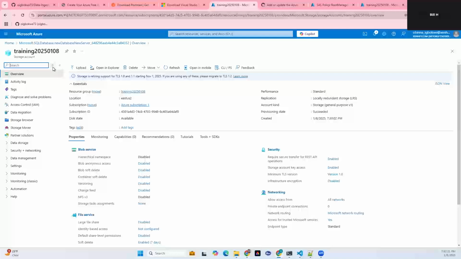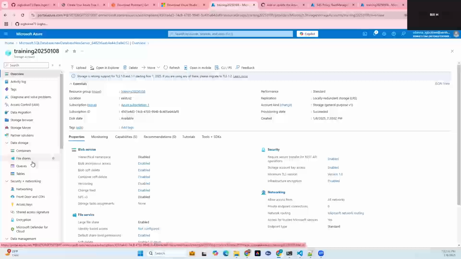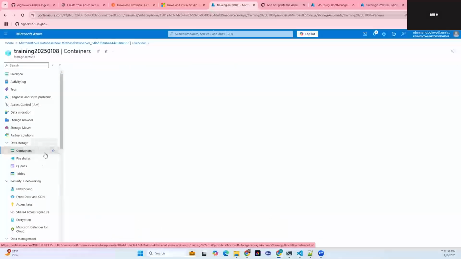All right, so the storage account here, there's a couple of things in here. A storage account has containers, file shares, queues, and tables. Very, very powerful resource, and another resource you put in your back pocket if you are going to provide some implementation solutions to businesses. We're going to be adding some things in the container, but before I do that, I'll need to